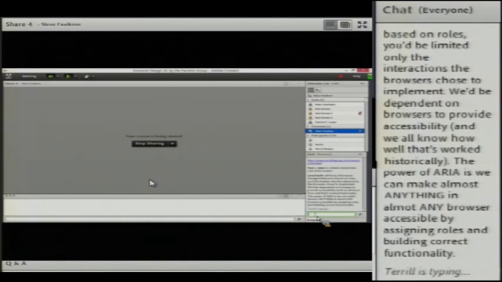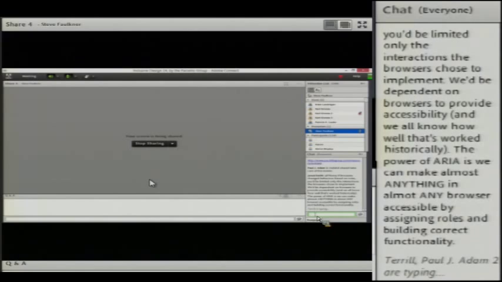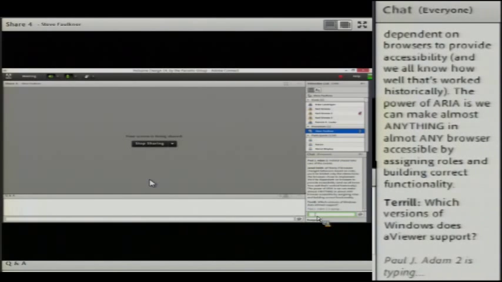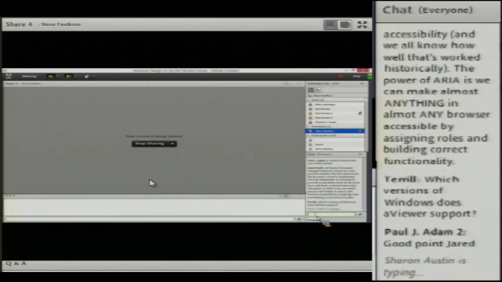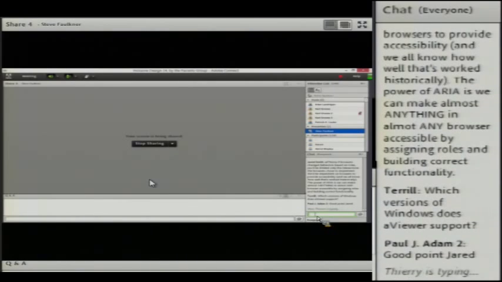So, for example, if you make a button out of a link, you can activate it with the enter key, but you have to add the spacebar functionality if you've coded it to be a button with a role equals button, because the standard method for activating a button is to use the spacebar.